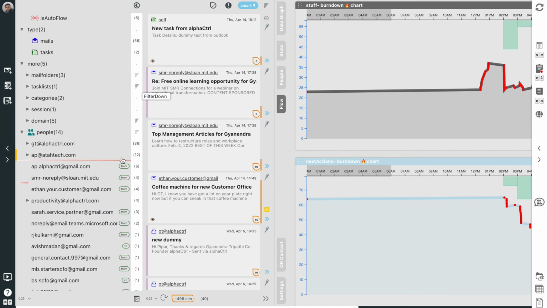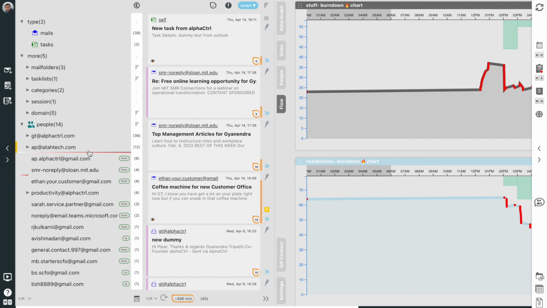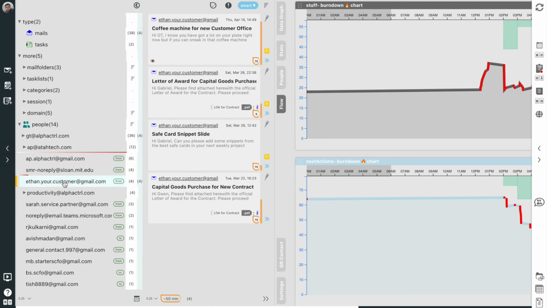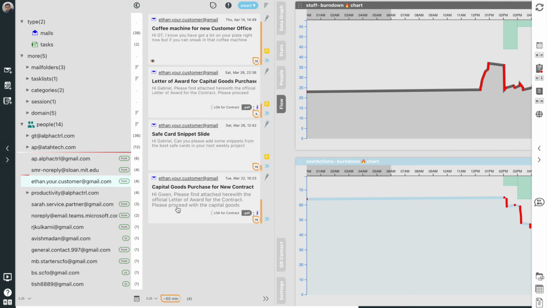So I can jump to my priorities directly, based on the identified attribute, like person or project. No more last in first out kind of undifferentiated and unproductive approaches to work. With Alpha Control, I decide what I work on, each moment, not the email client, and my sketchy memory of what I had seen this morning.